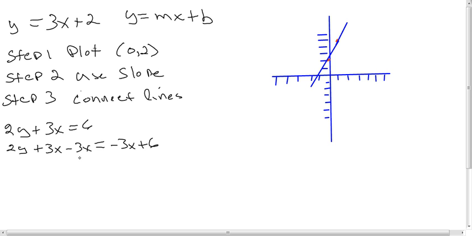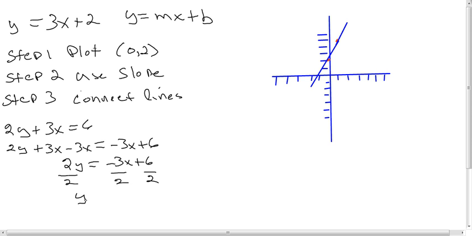Here 3x minus 3x is just going to give us 2y is equal to negative 3x plus 6. Okay, y is still not isolated, but we have it down now to a one-step equation. We can see that y is being multiplied by 2, so we want to divide every single term by 2,